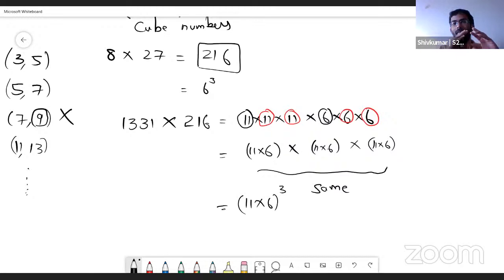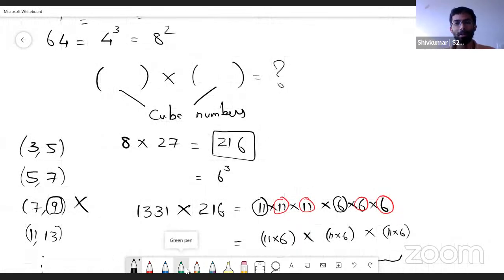So you have a set of numbers to be multiplied. It doesn't matter in what order you multiply them, and you can also flip the numbers, but still the product will be the same. Because of this interesting property of multiplication, we are able to do this. Great. So let us come back. Now it is clear that the product of two cube numbers must also be a cube number. So let us just note down this observation. Product of two cube numbers is also a cube number.